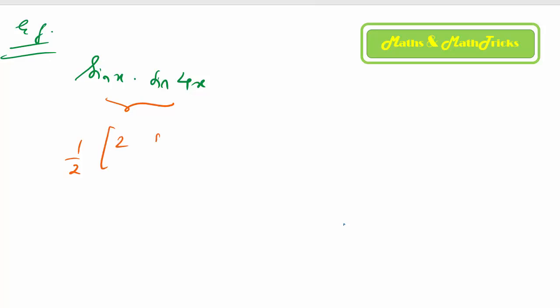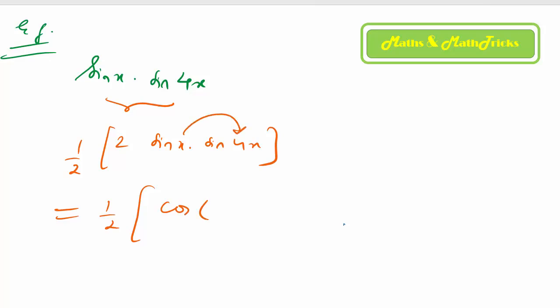So you need 2 first, so let us adjust that 2. In the bracket, 2 times sin x sin 4x becomes what? It becomes cos of a minus b, that is x minus 4x, minus 3x. Cos of minus theta is the same as cos theta, so I would write cos 3x, minus cos of a plus b, that is 5x. So you could see that you are in a position to express these products as sum or difference. Is that all clear? So we are done with the so-called factorization formulae, part of transformation formulae.